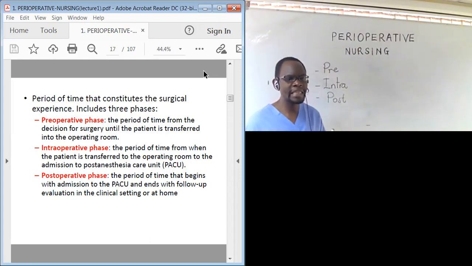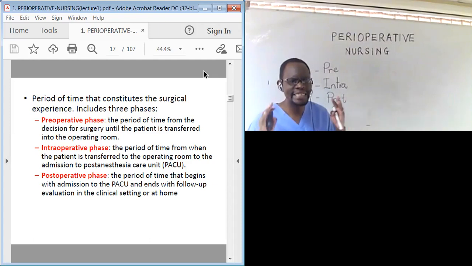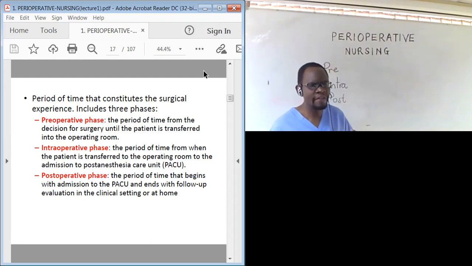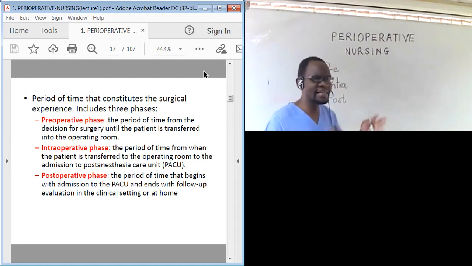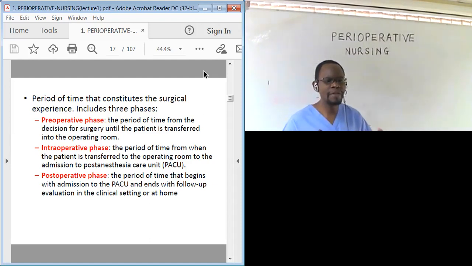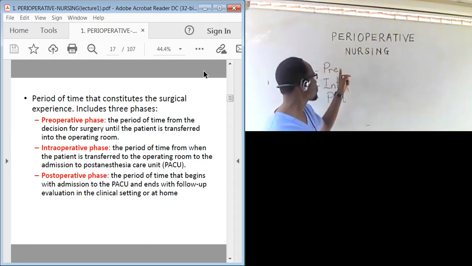Either the decision might be made, of course the patient has to be involved, and also the surgeon. So from the time when the decision is made that this patient is to undergo surgery, up until when the patient is transferred into the operating room, that is what we refer to as the pre-operative